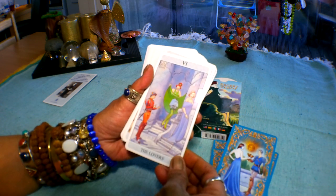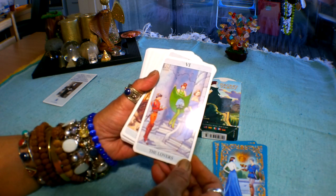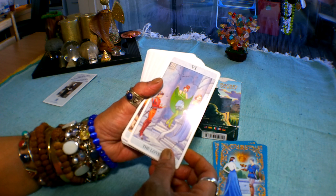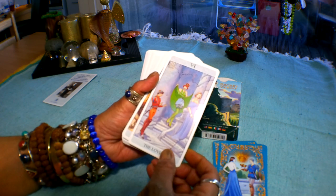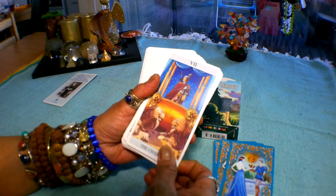the Lovers. This is almost like the traditional meaning of the Lovers, where there's that choice that's available. In recent cards, they have the two Lovers with the angel above it, but it was always a choice card in the traditional tarot. So this is the Lovers, the Chariot,